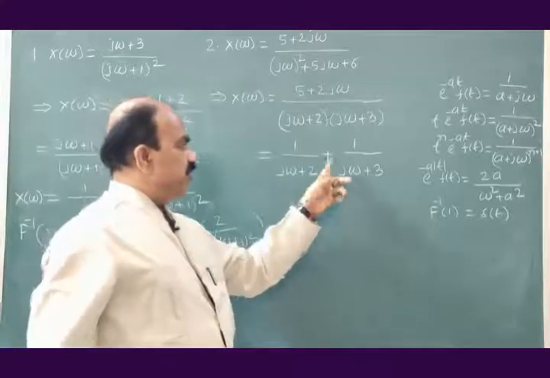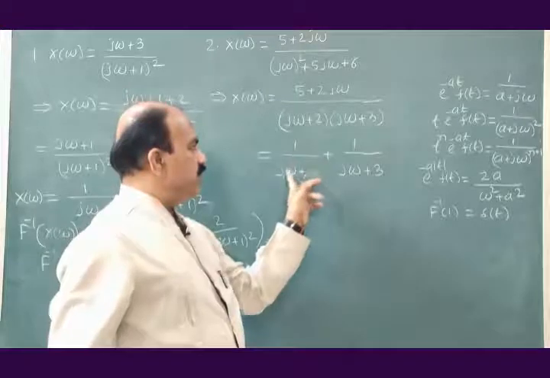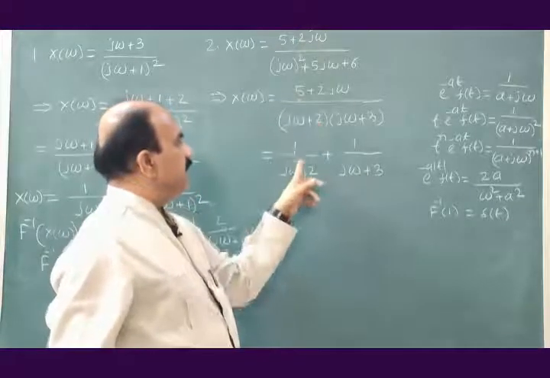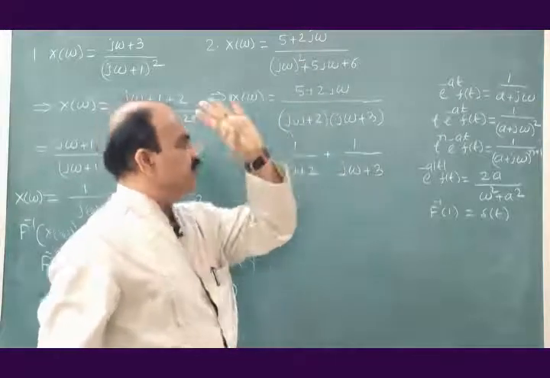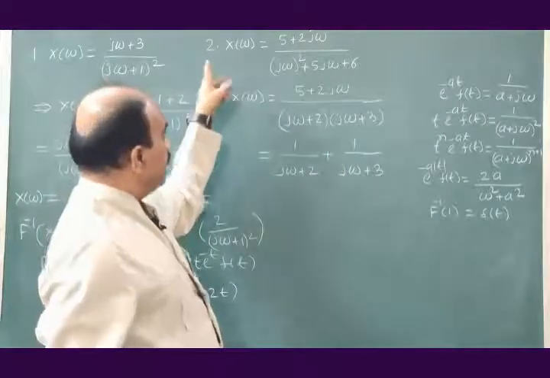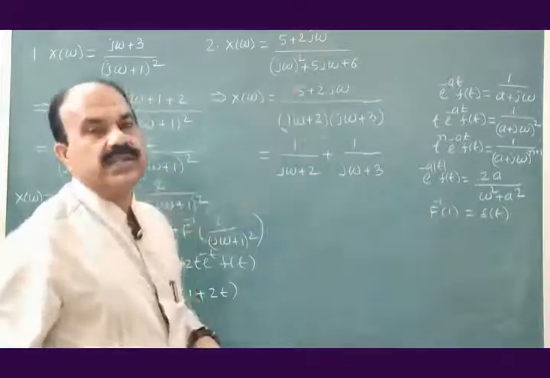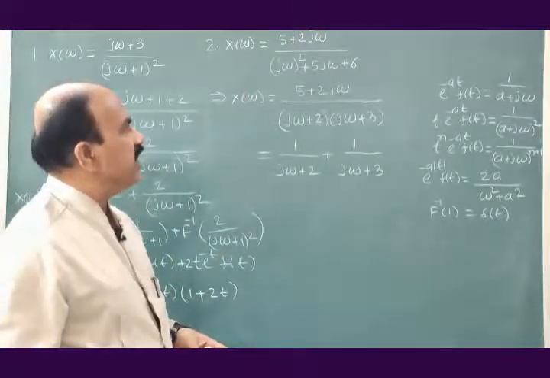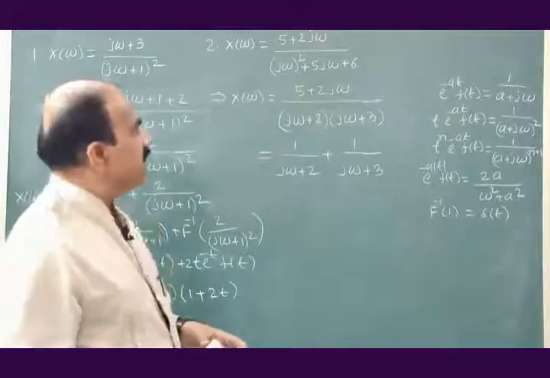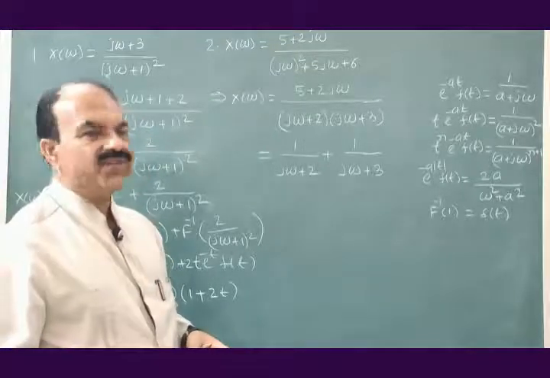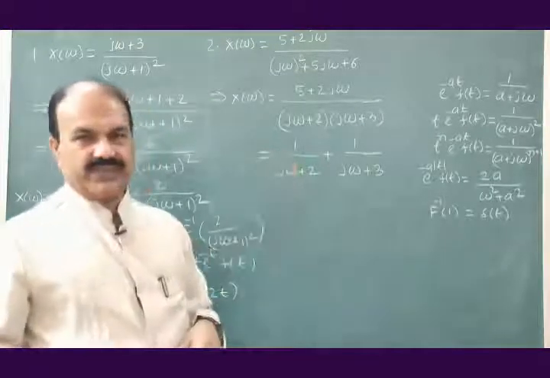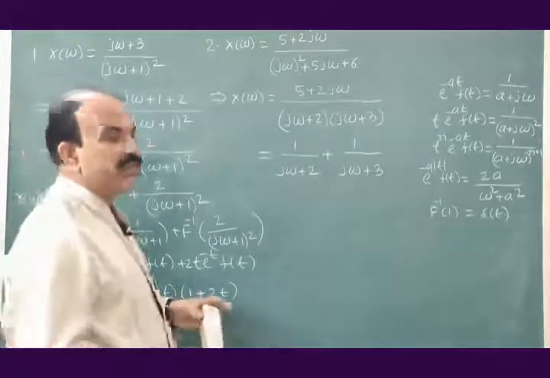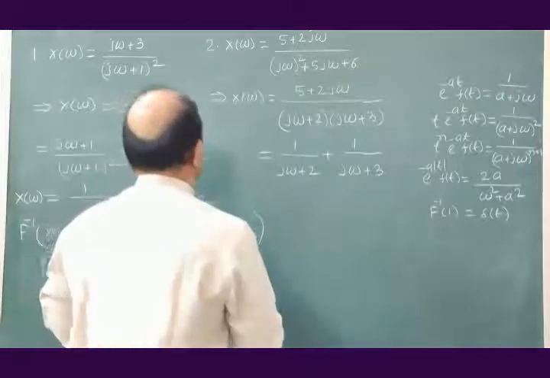1 into j omega plus 3 plus 1 into j omega plus 2, 2 plus 3, 5, j omega plus 2 j omega. So the given function X of omega is equal to 5 plus 2j omega divided by (j omega) square plus 5j omega plus 6 can be converted to this. And after this we can go for the inverse Fourier transform, and that is